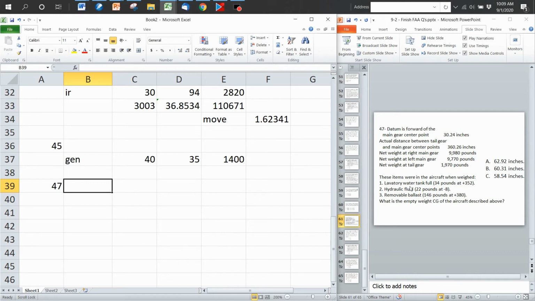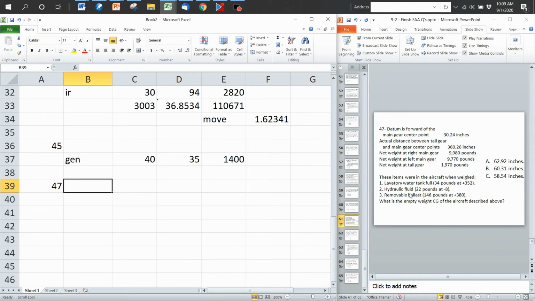Do we take lavatory water off the airplane? Yes, water is never part of the empty airplane. So we're going to be taking minus 34 pounds at plus 352. Then it gives us hydraulic fluid. And is hydraulic fluid coming off the airplane? The tricky FAA. No, the hydraulic fluid is already part of the empty weight of the airplane, so we don't